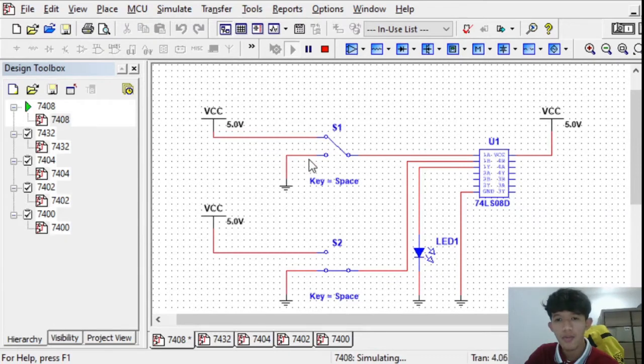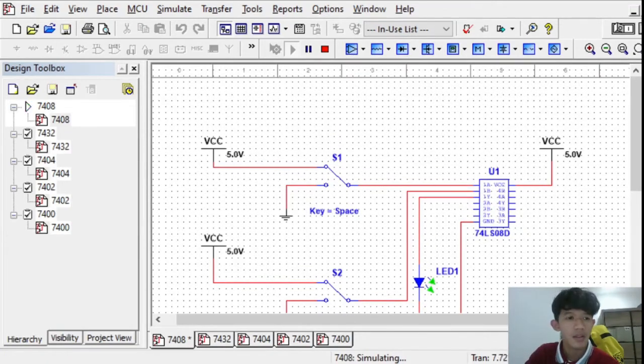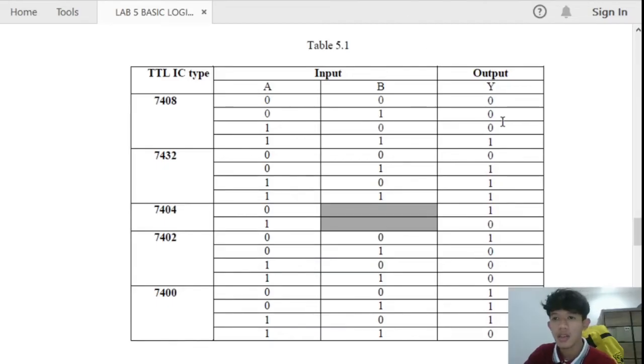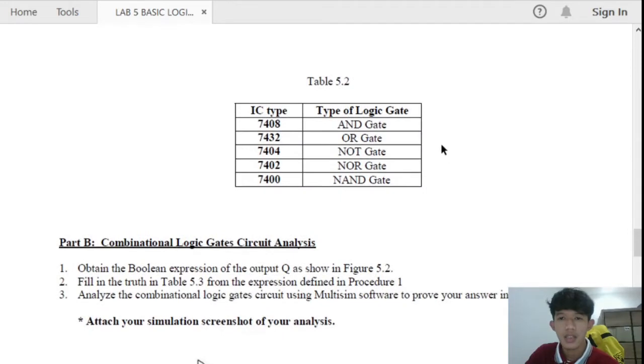We put 1 for A input and 0 for B input. The LED also still does not light up. Then we put 1 for both inputs, and finally the LED lights up. Then we know the output for 7408 is 0001, and